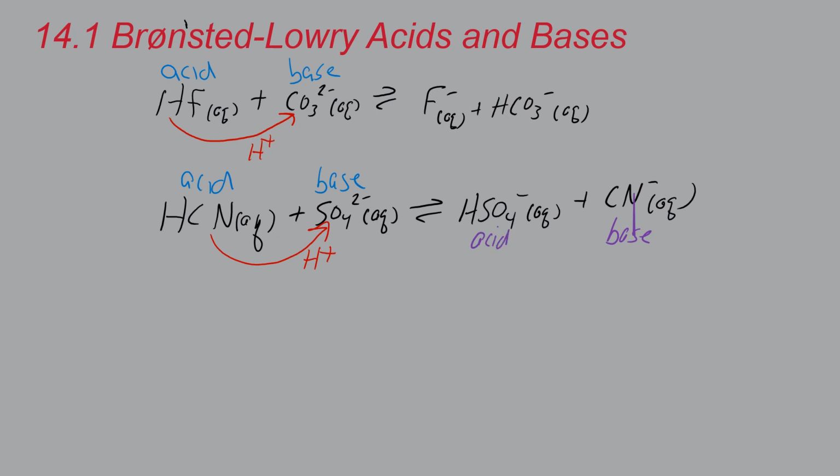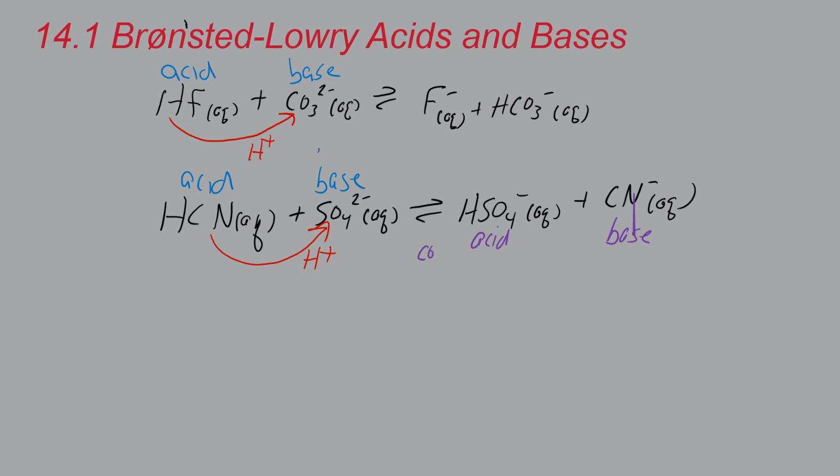And this is a thing. With any acid-base reaction, you will find that what's left over from the acid after it donates a proton ends up being kind of a base, and what the base becomes after it takes the proton will end up acting as an acid. And as such, this is referred to as